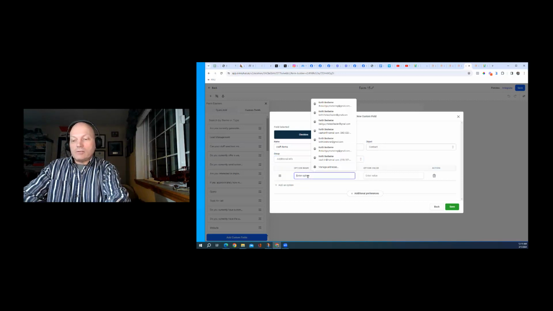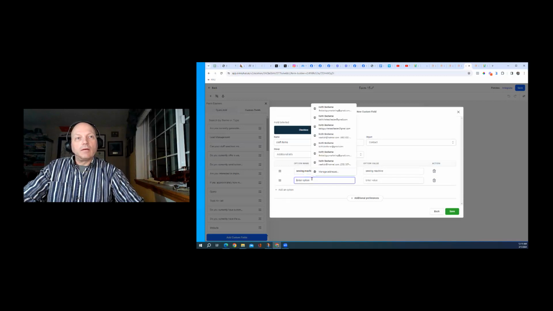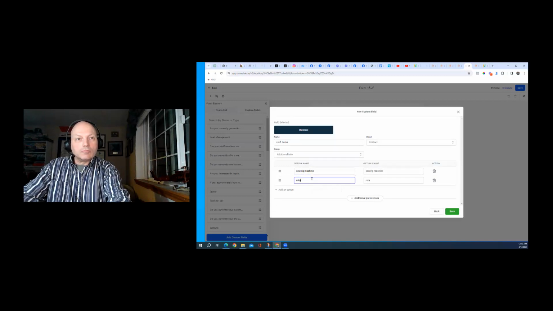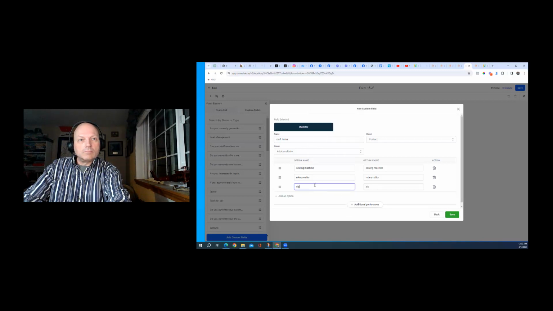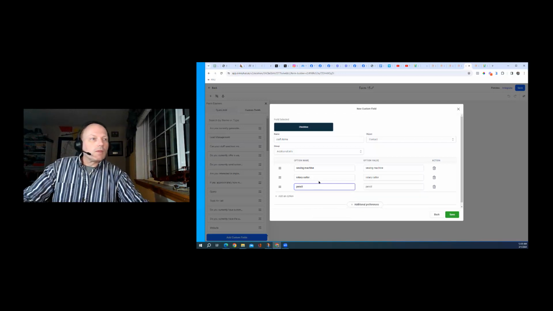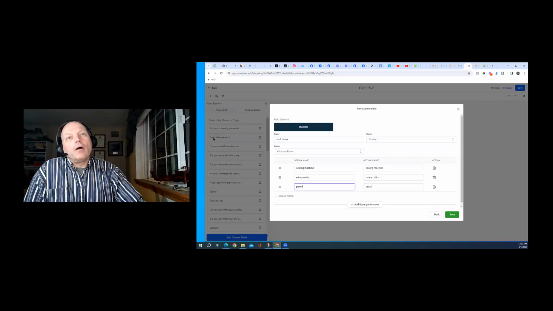And then you're going to say sewing machine, and you're going to say rotary cutter, and you're going to save that, and it's going to create this new form element,